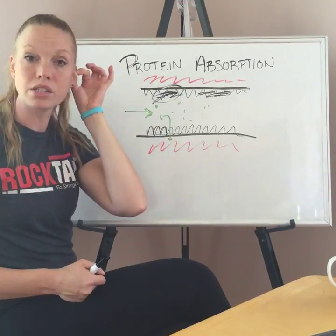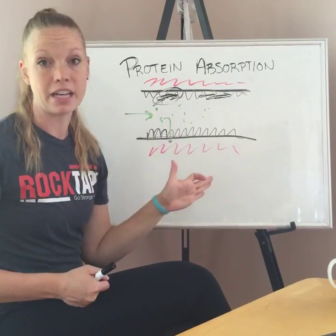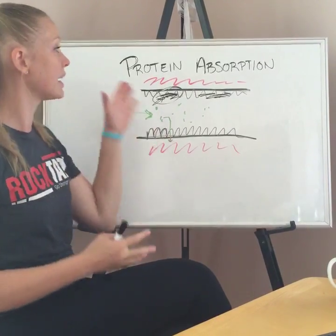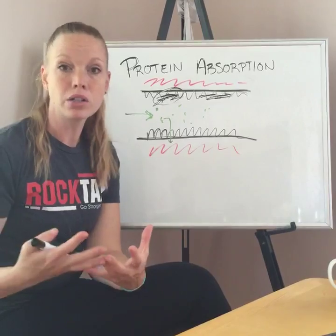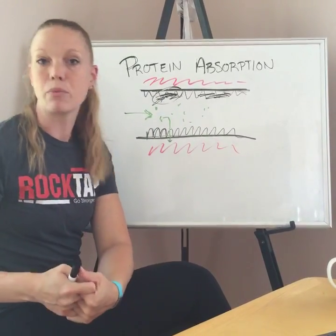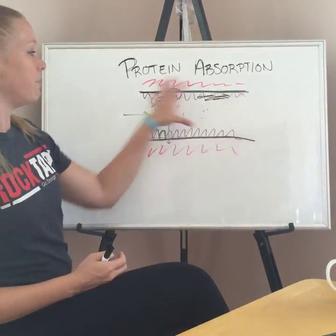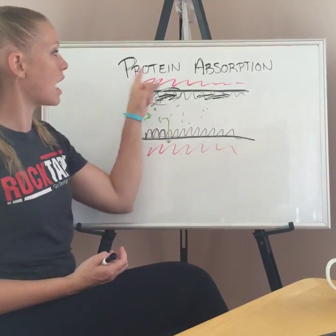There also can be scar tissue built up in your intestinal system from bad digestion, bad diet, all those other things. So these all are big factors in how much protein you're going to absorb, because protein is a larger molecule for humans to digest and break down. It doesn't break down the same way, yet it is vital because every single cell in your body uses protein. So, a few key important things about the intestines that really make a big difference in how much protein you're